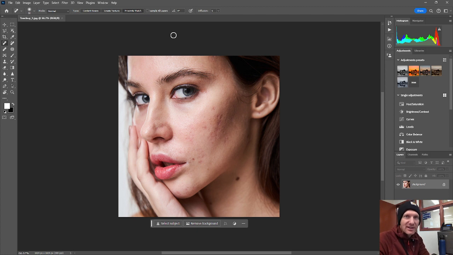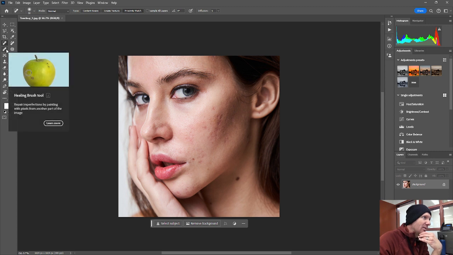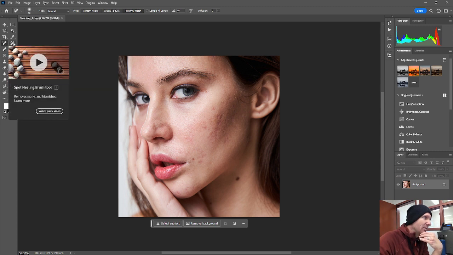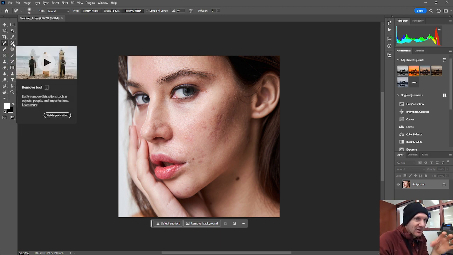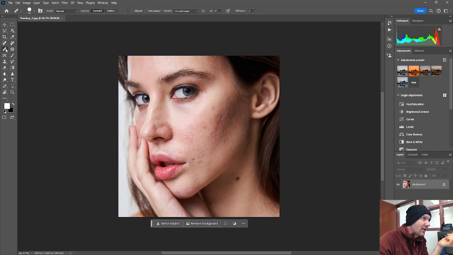The reason we're going to do this is because this will allow us to bring in these three tools. We've got our healing brush tool, our spot healing brush tool, and then our remove tool. All of these tools essentially do the same thing. They can take blemishes and remove them. So I'm going to go ahead and introduce